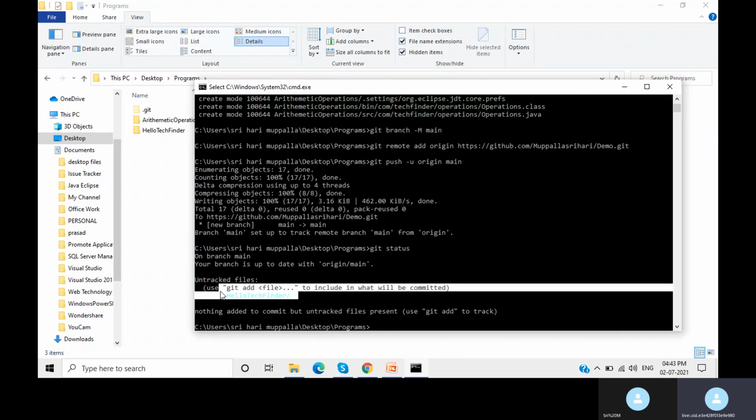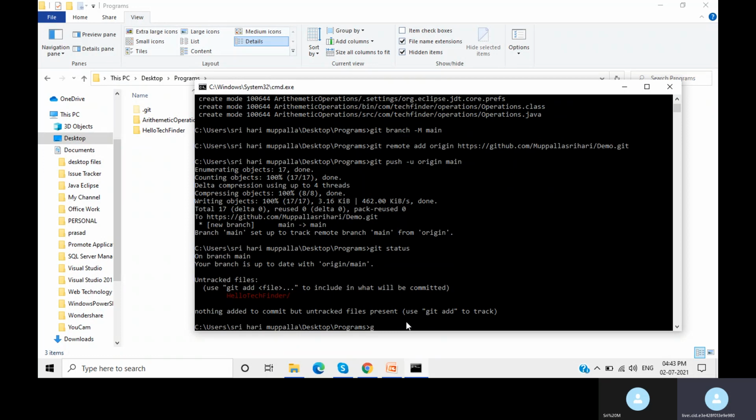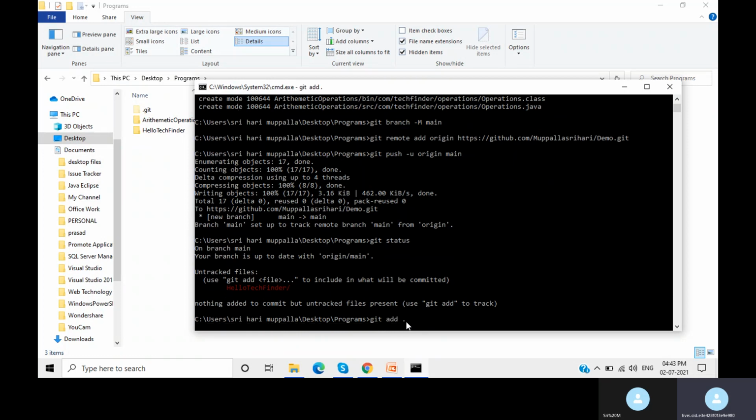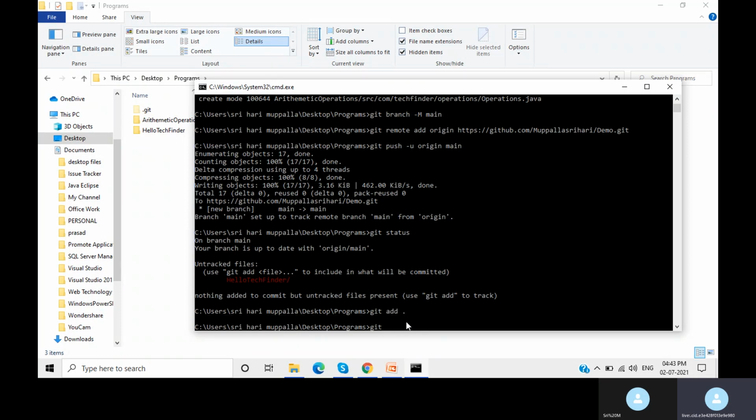See, the hello tech finder file is not added yet. Now git add dot, and then commit: git commit -m second commit.